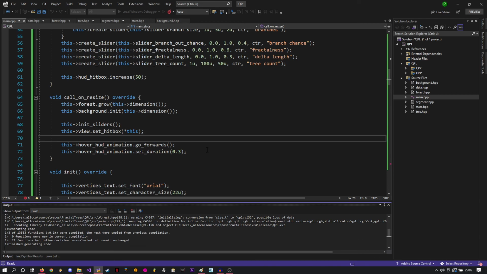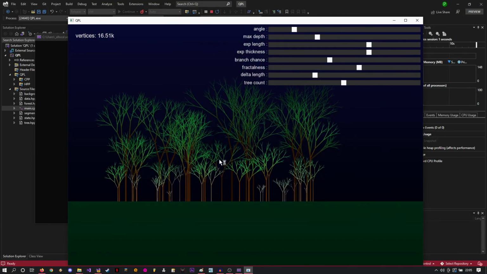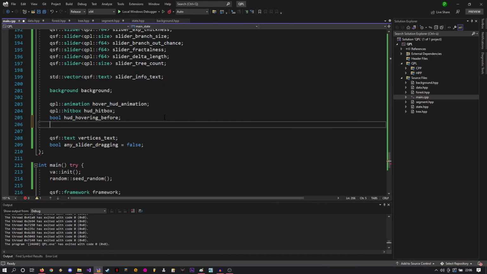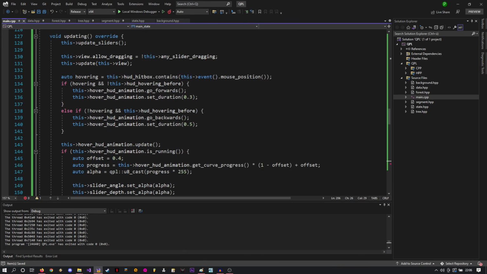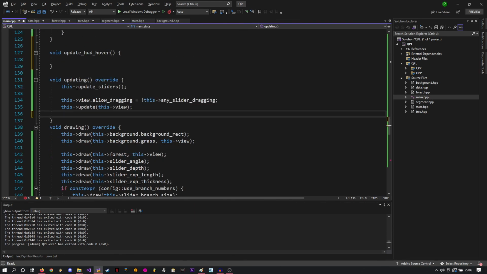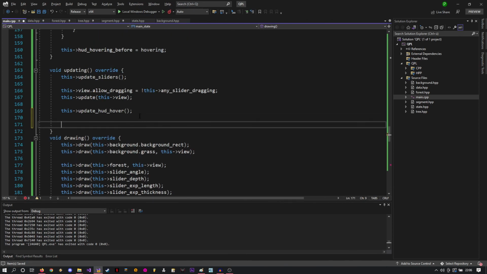So I guess I still will add the H button, just in case you want to make a cool picture, or I don't know. Yeah, this looks pretty good. So let's just make a boolean display HUD. I guess this also became quite a bit of code, so let's make a void update hover HUD and get all of this here, so we have some more structure. Update HUD hover, and next